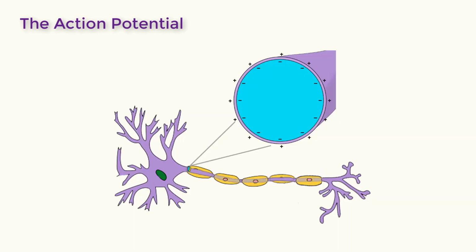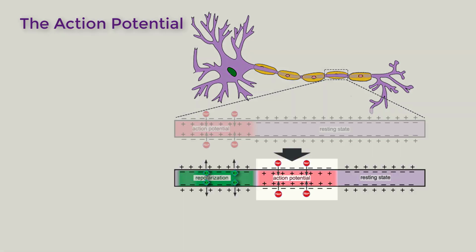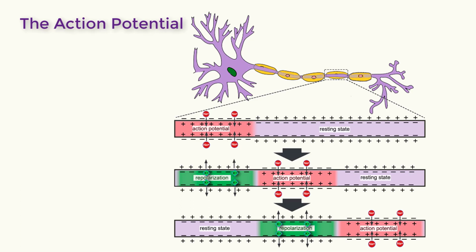Everything we have discussed until now has happened in a very short time, 2-3 milliseconds at one point in the axon. To send a message anywhere, the action potential has to move along the axon. How is it organized? Well, we have the depolarization of a segment of the axon, which triggers the depolarization of the next segment, while the repolarization of the previous segment follows, and then the polarization of the next segment and so on. Therefore, action potential happens over and over again along the axon, from the cell body to the